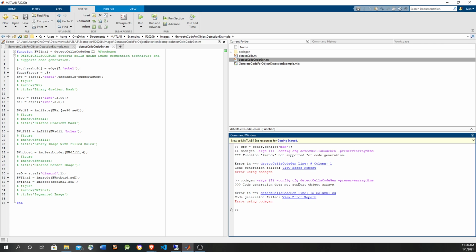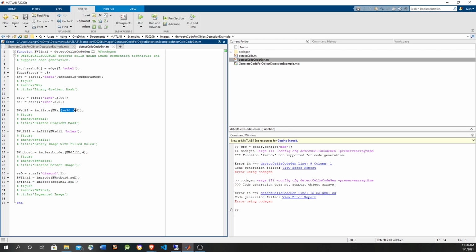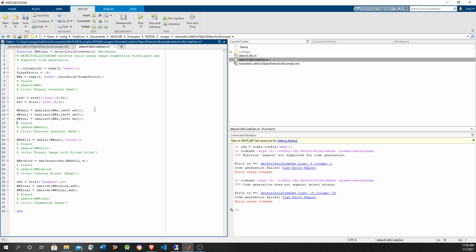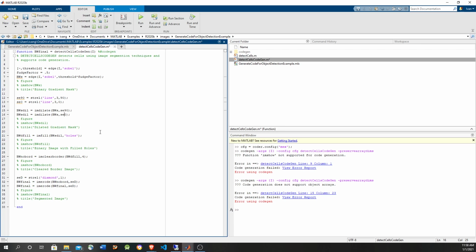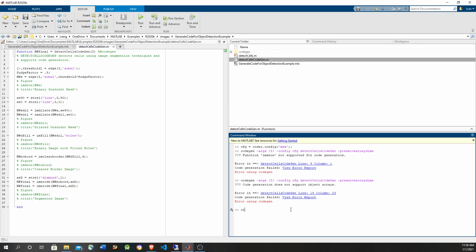It's going to complain saying that code generation does not support object arrays, and these are the object arrays that they do not support. So we're going to break it down into, let's just call one at a time, one after the other, and the output of the first is the input of the second. Okay, now it should be able to